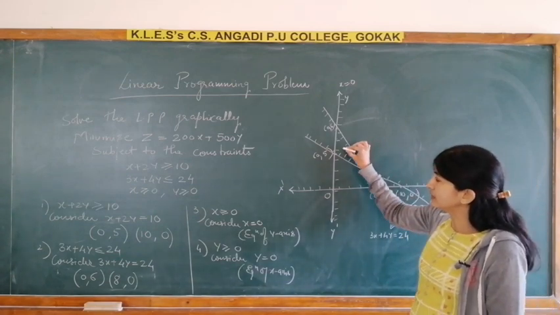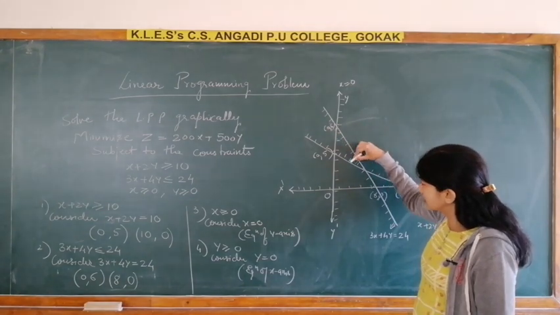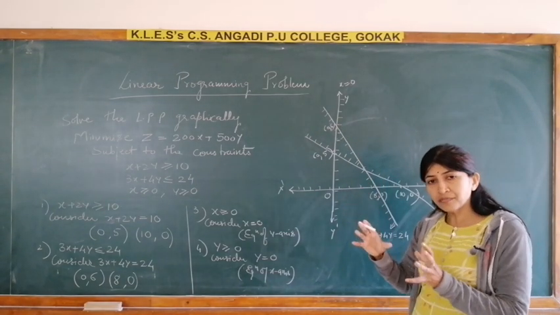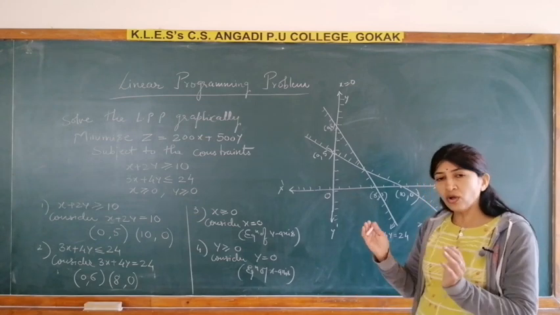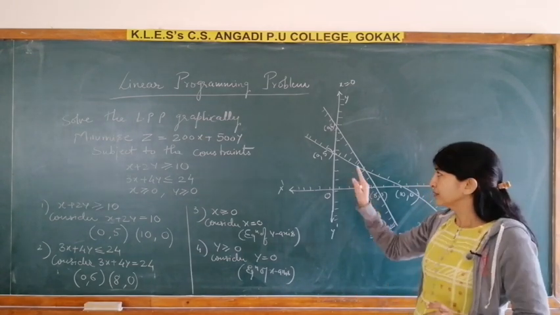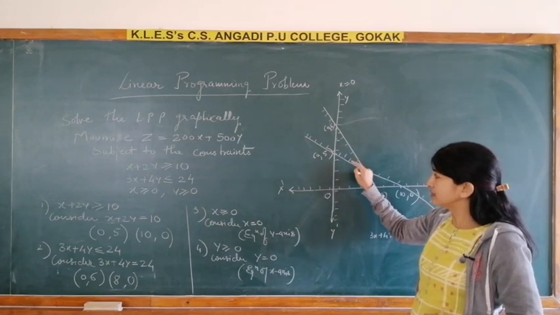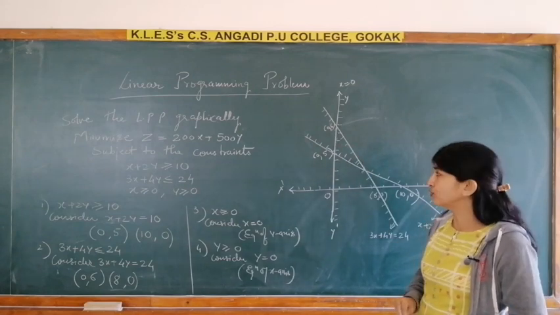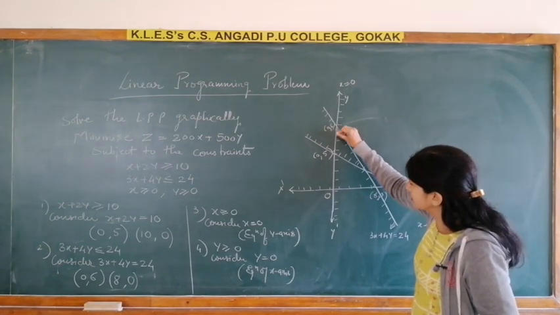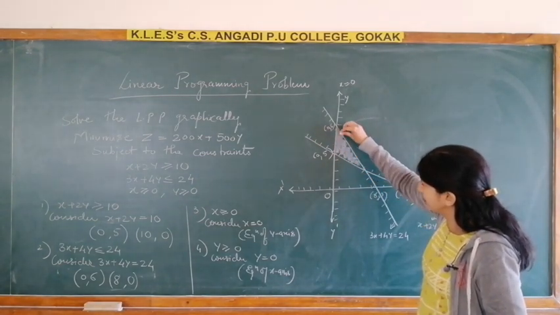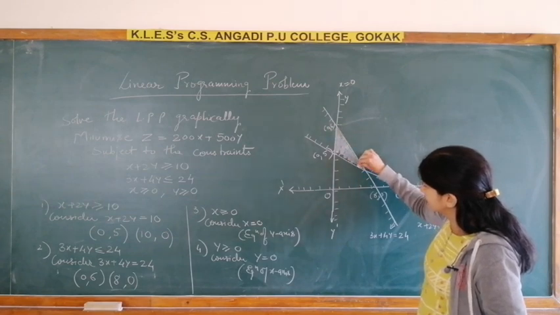Again, here if you consider the shading inside, this is outside, so this is also not. If you consider this region, see here, this is the bounded region. We have to find the closed region where all the shading is inside. So if you consider this one, the shading is inside, here inside. So what you can say, this is the shaded region. So we have to shade it completely.